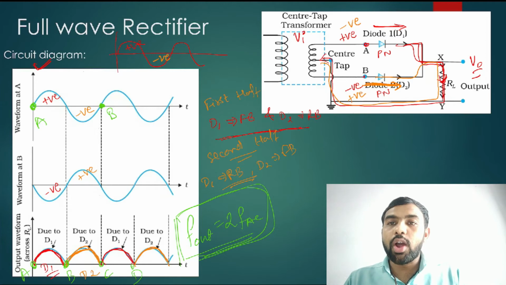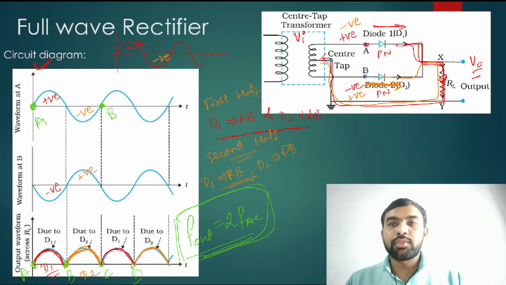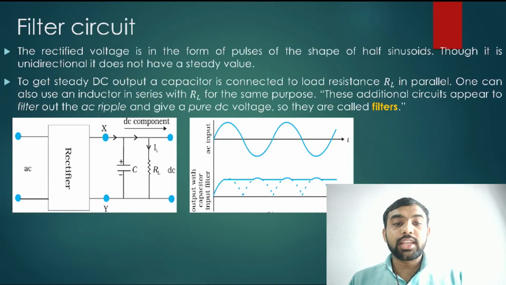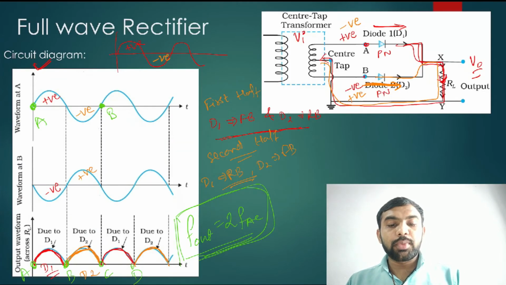So the frequency of output is equal to 2 times the frequency of input. Input frequency means AC frequency. So this is the basic study of the half wave rectifier and full wave rectifier. All of you must go through the textbook topic and write this full topic properly. Okay, now let's come to the next one. Now if you consider DC, then this is pulsating DC.